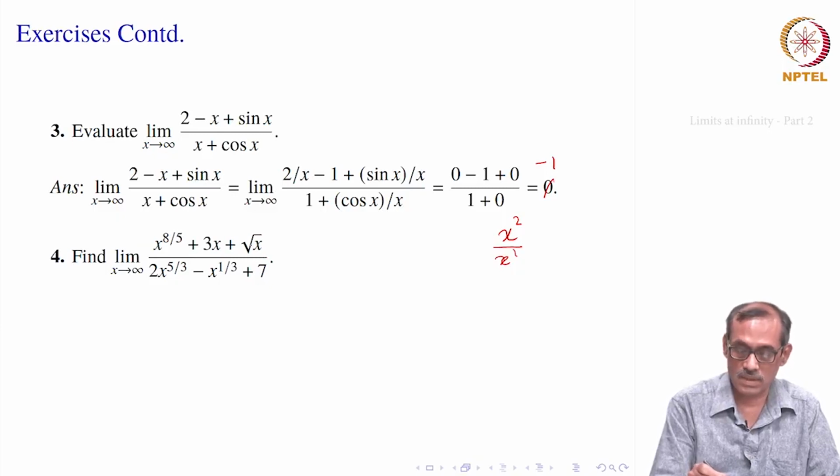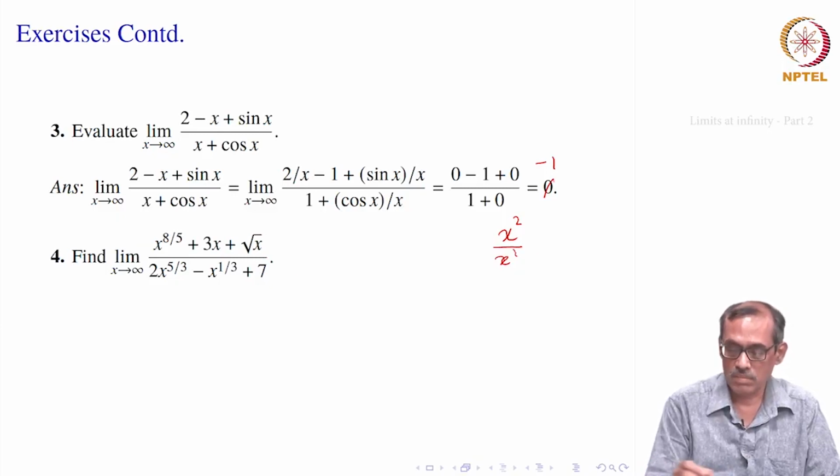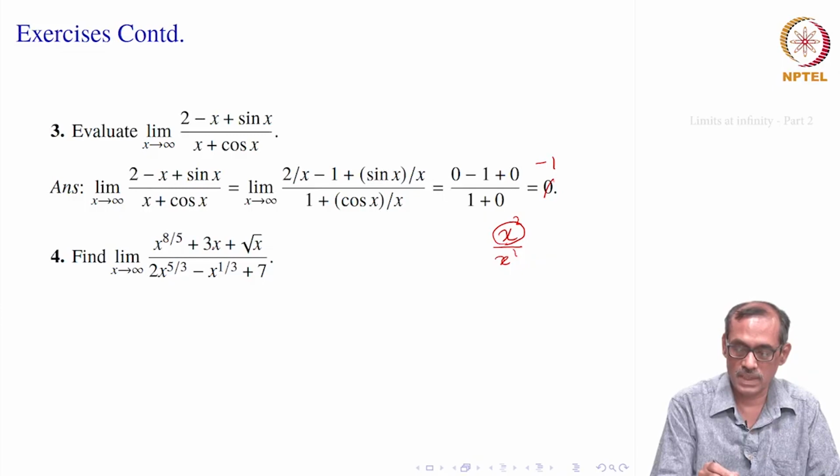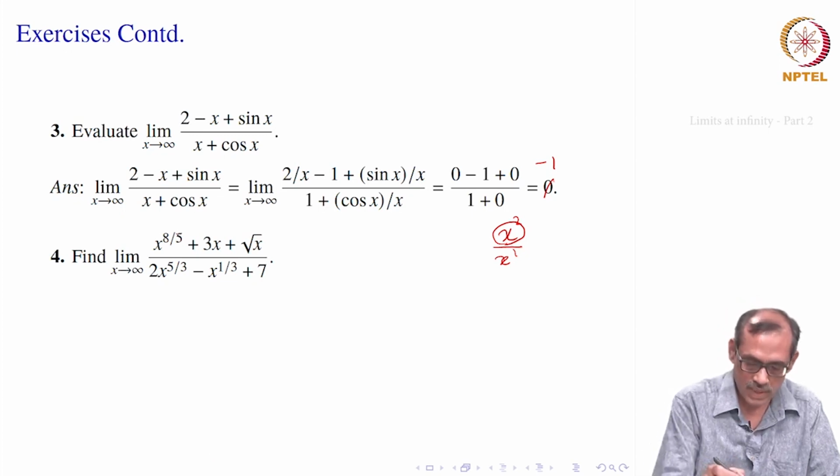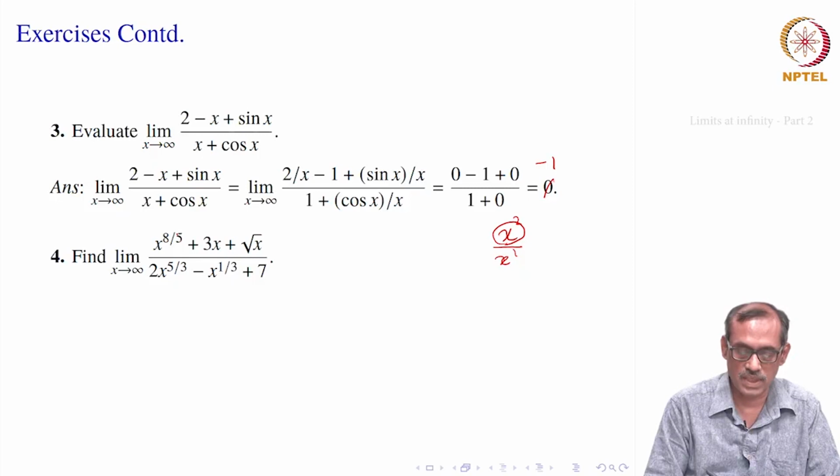So, if you have a rational function, it is not really rational, since some square root is there, but that is okay. Then we have to find out what is the biggest power of x, whether it is on the top or on the bottom. If it is on the top, then it would go to infinity. If it is on the bottom, it would go to 0. That is our usual notion by inspection. Okay, so, which one is bigger, 8 by 5 or 5 by 3? Of course, we will justify it, but we are just guessing now.